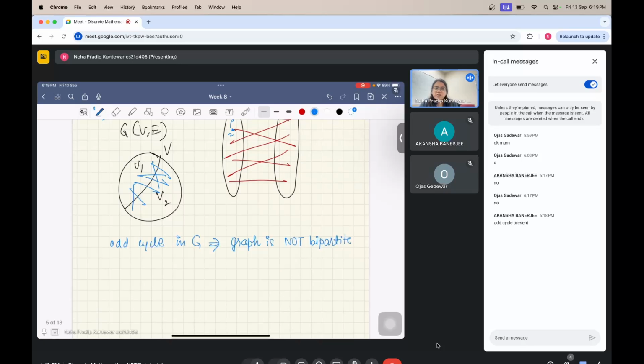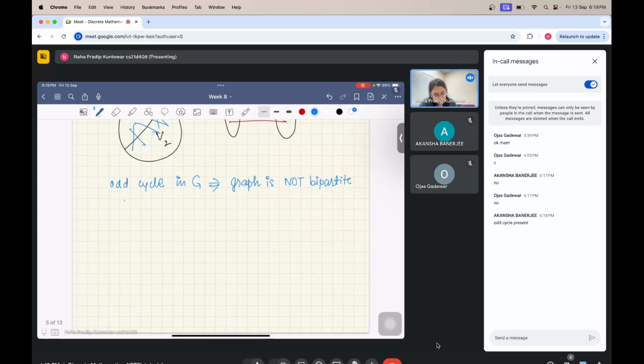So why is that? You can try to formally prove this. The proof is not very hard. Let's say there is an odd cycle and assume it starts at this set A. Then if you traverse one edge,